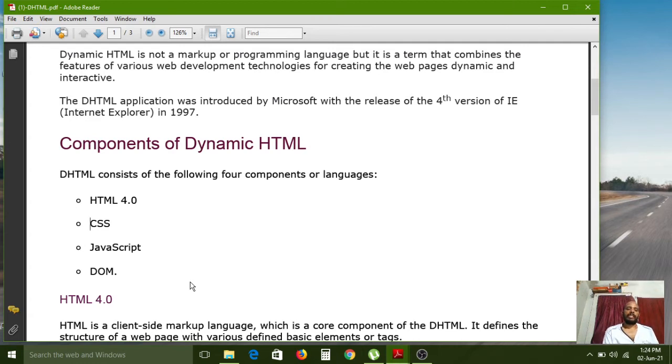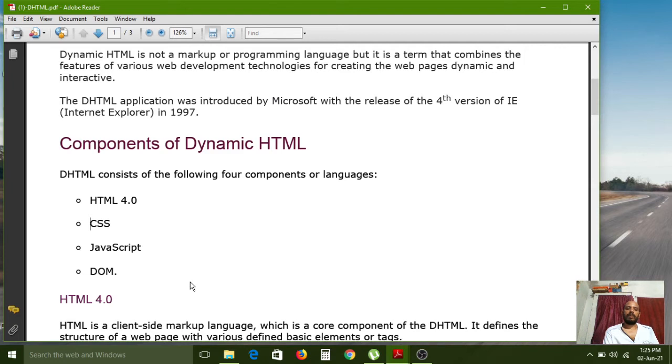In the next classes I will explain clearly what CSS is, why we need to use CSS files and CSS properties, and how the external CSS file is linked to our current HTML page.